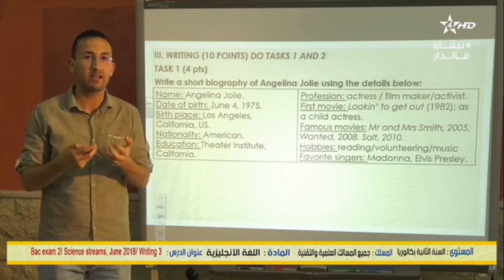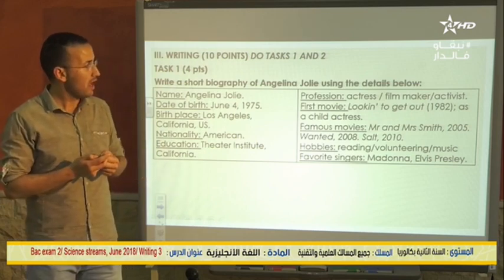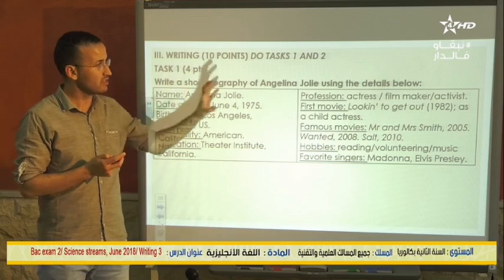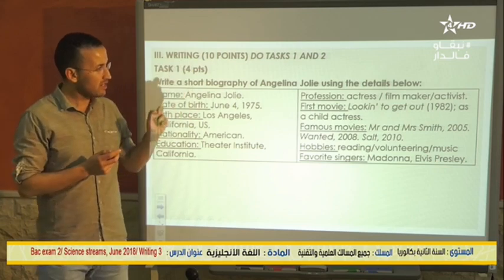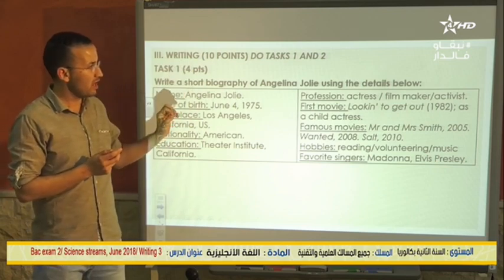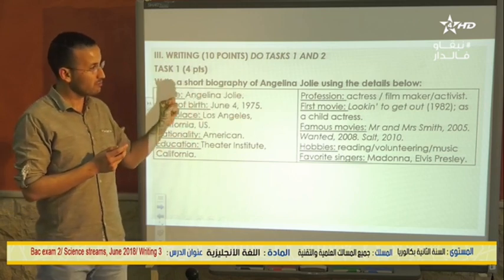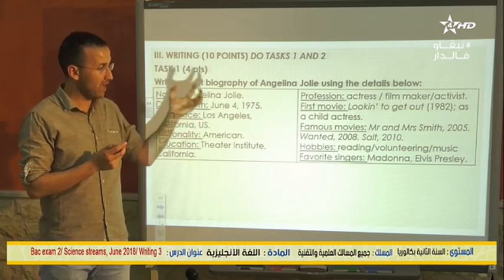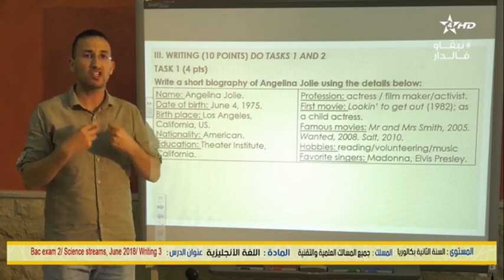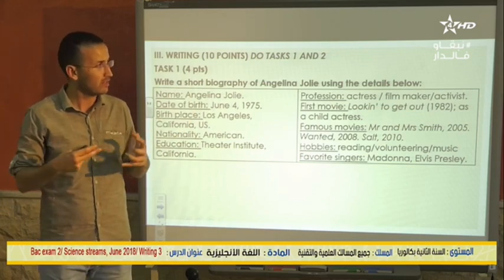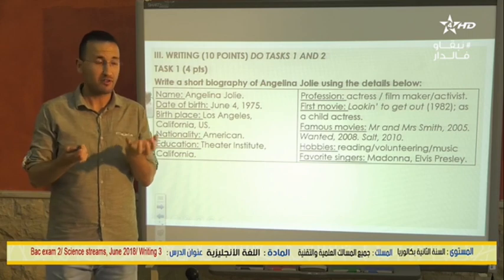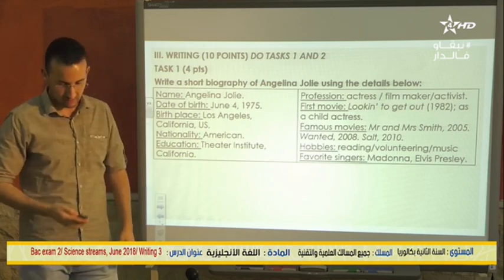We need linking words, of course, and we need to write full sentences, of course. Okay, so as you can see here, we have the recipe to have a good paragraph. So now you just need to link. So let me show you how we can do this.